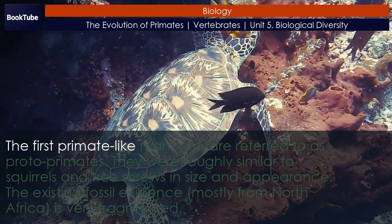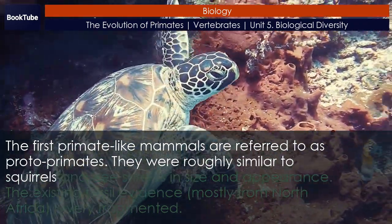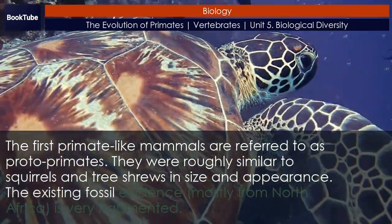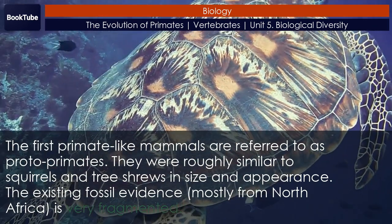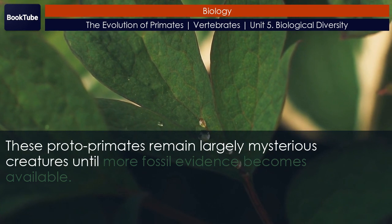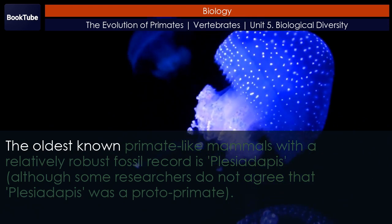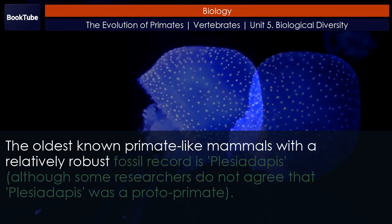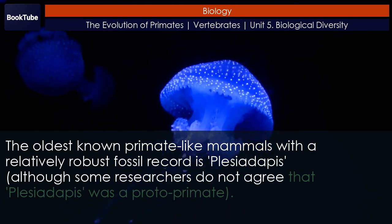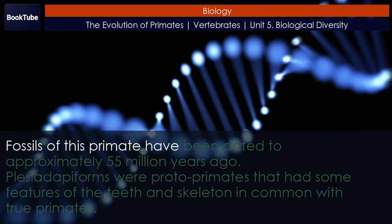Evolution of primates. The first primate-like mammals are referred to as proto-primates. They were roughly similar to squirrels and tree shrews in size and appearance. The existing fossil evidence, mostly from North Africa, is very fragmented. These proto-primates remain largely mysterious creatures until more fossil evidence becomes available. The oldest known primate-like mammal with a relatively robust fossil record is Plesiadapis. Although some researchers do not agree that it was a proto-primate, fossils of this primate have been dated to approximately